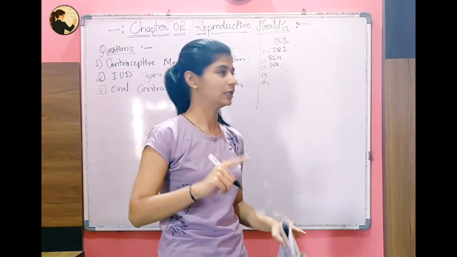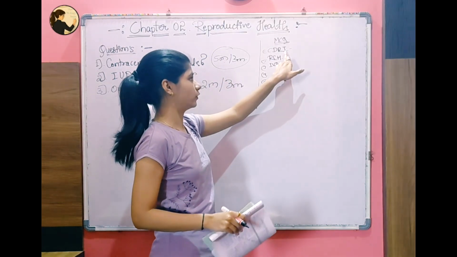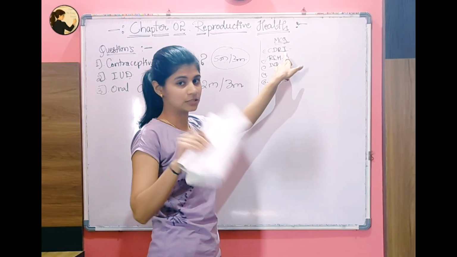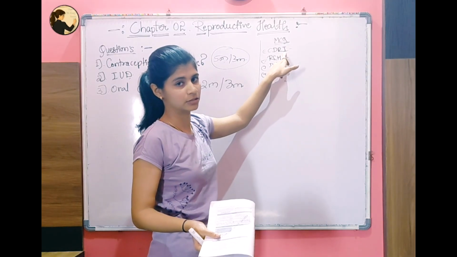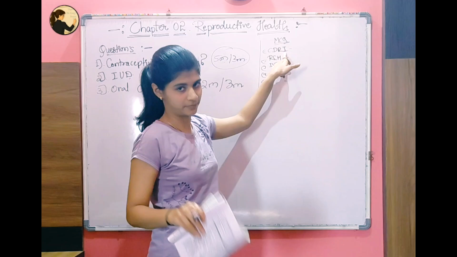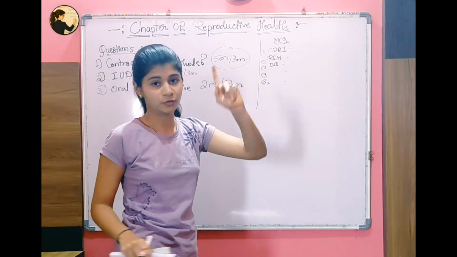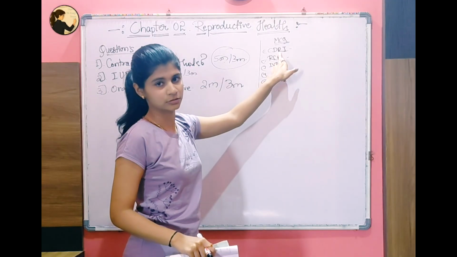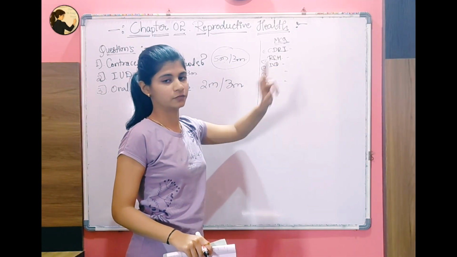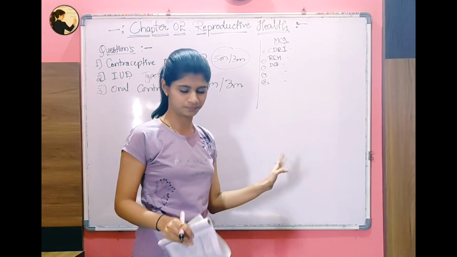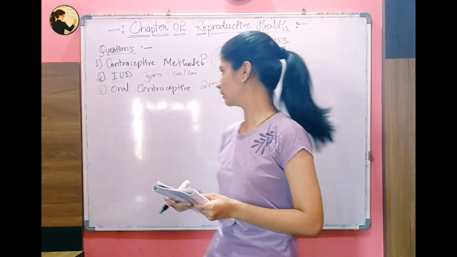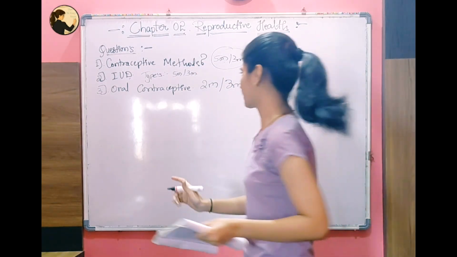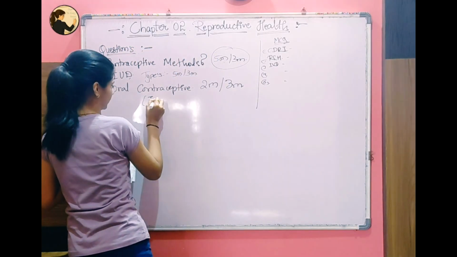If instead of institute you write international or something, you will get half marks. Half marks are cut because of that: Central Drug Research Institute. Instead of institute, if you write international, half marks are cut. Okay. Then in oral contraceptives, actually they are oral and injectable, so I write it in the form of brackets.